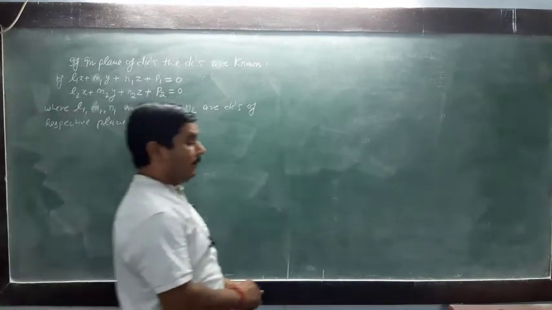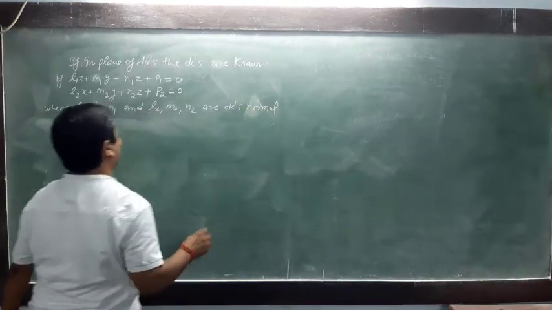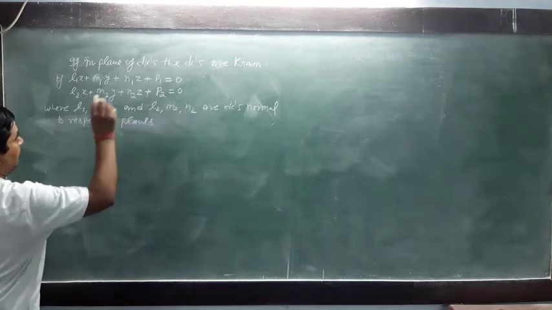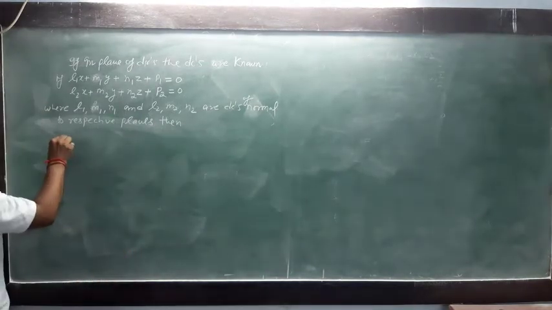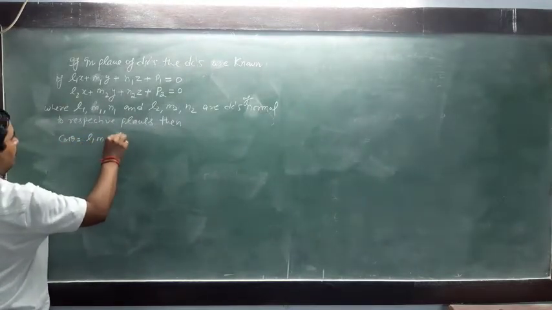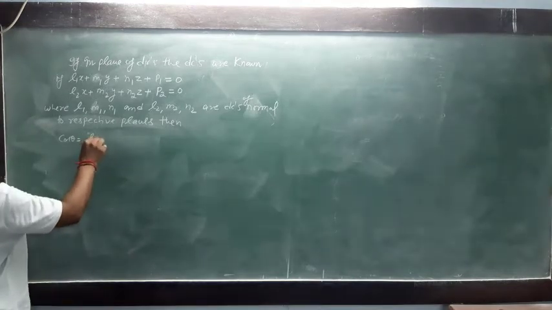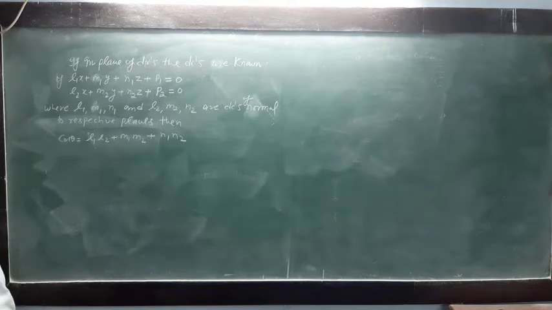are the DCs of normal to respective planes, then cos theta is equal to L1 L2 plus M1 M2 plus N1 N2, that means the sum of multiply of DCs, and theta